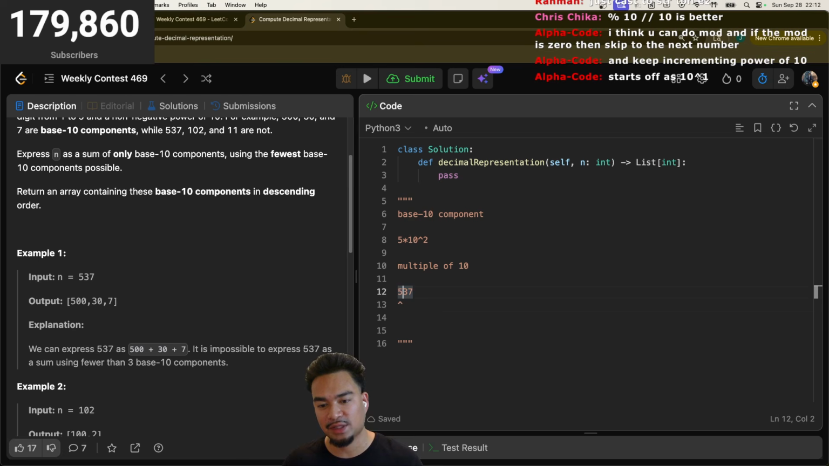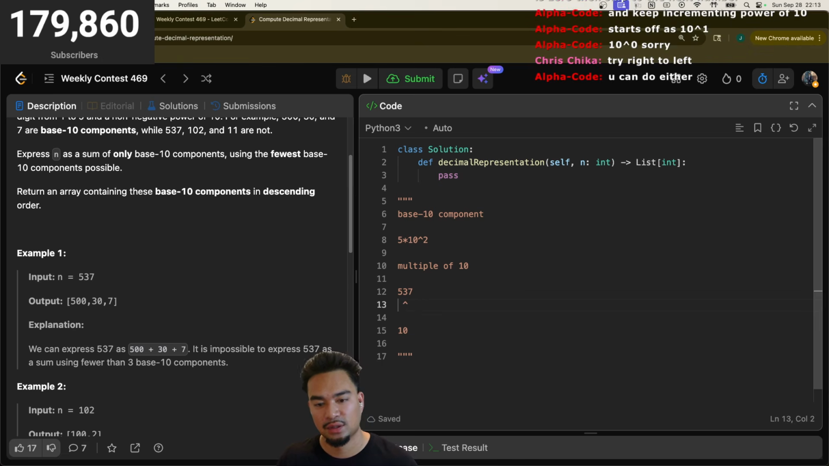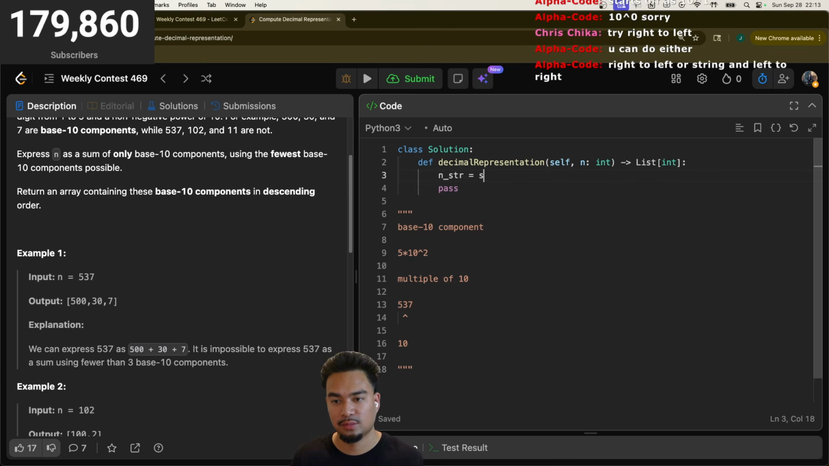I think we just multiply this digit by 10 to the power of its position. Simple math. So for example, this is 10 to the power of 0 times 7. This is 10 to the power of 1 times 3. Yeah, I think it's as simple as that. So just go like this. And then, holy, I haven't done LeetCode in a while. Length of